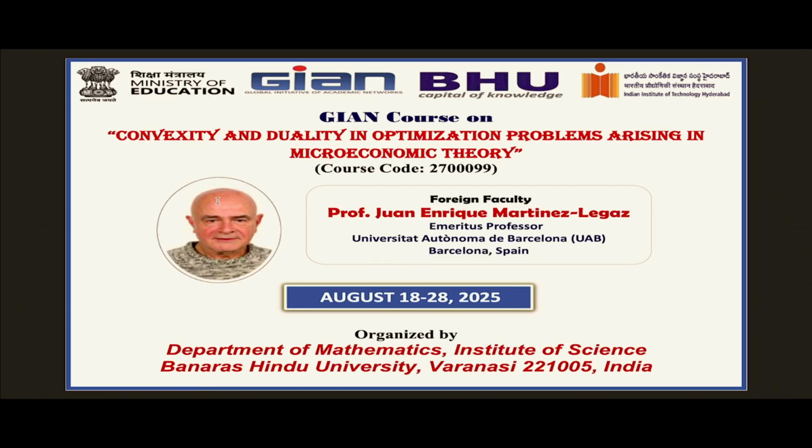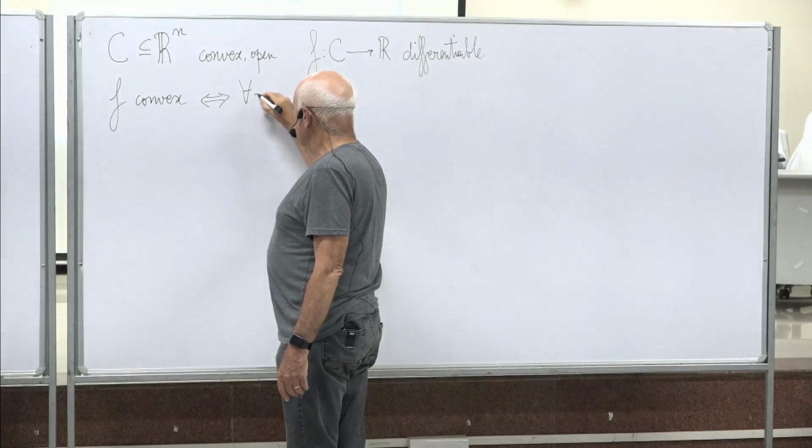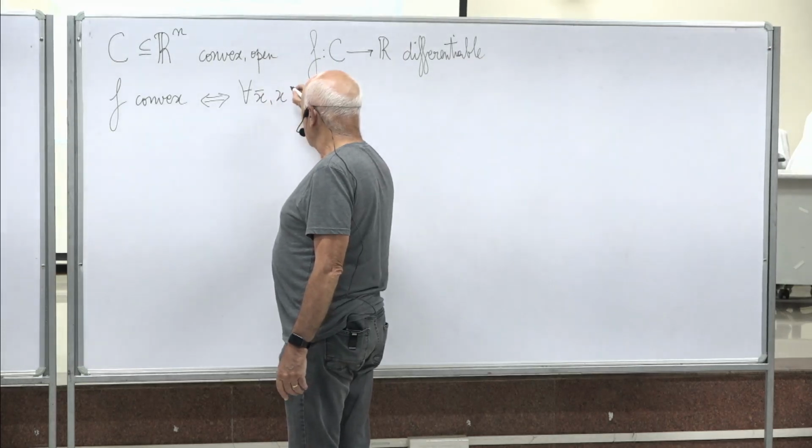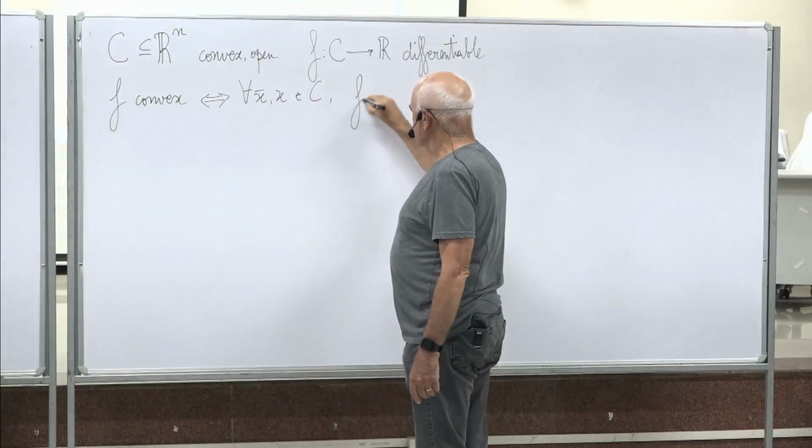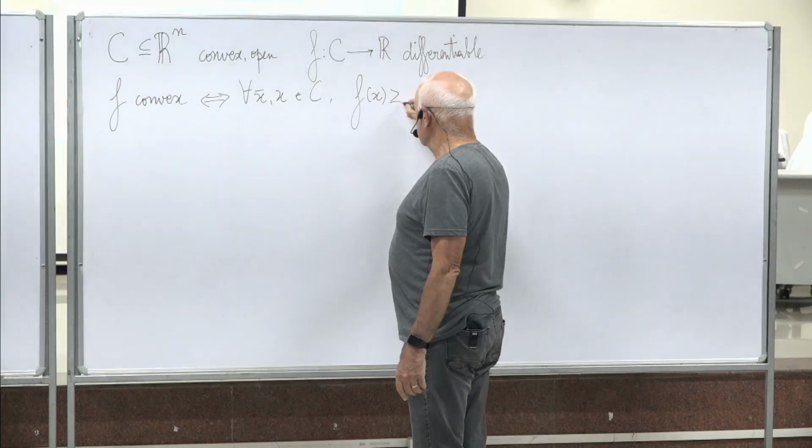For every two points, let's say x bar and x in C, one has f of x